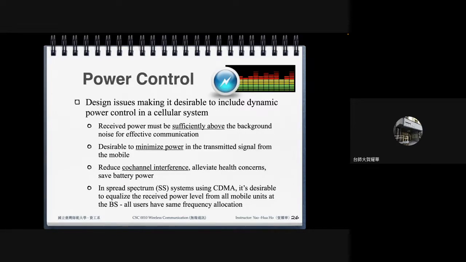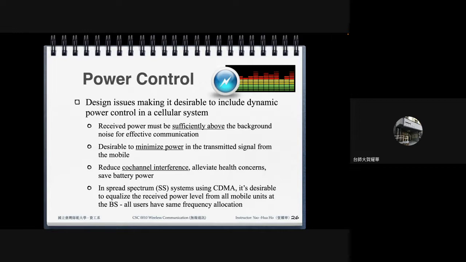Okay, any questions? If you have any questions, you can turn on your microphone, okay? Good. We say another issue in the cellular network is